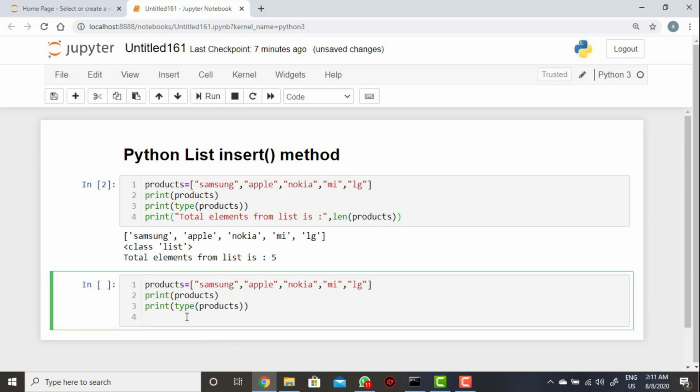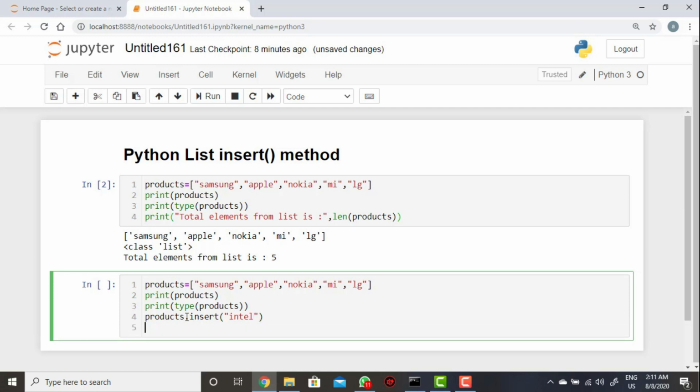Now I am just inserting a value here. Products dot, that means the data structure products dot insert, then you can give a value like Intel.